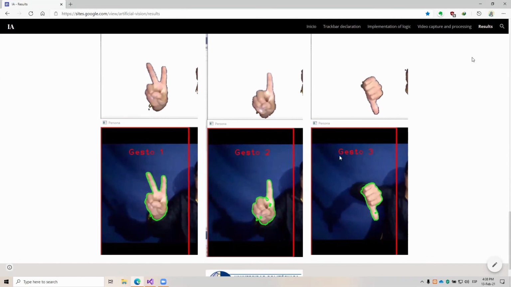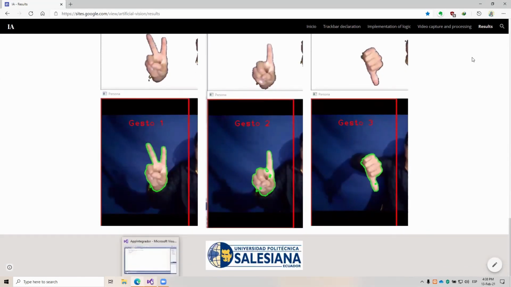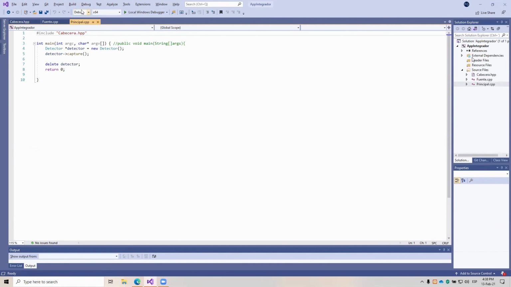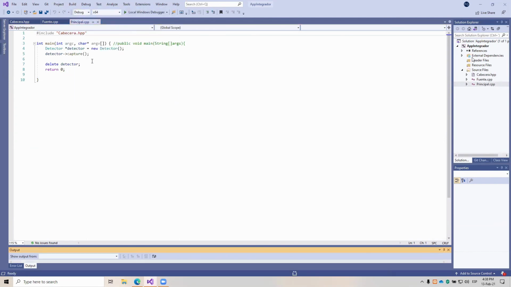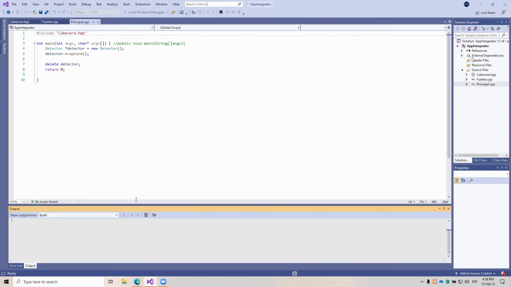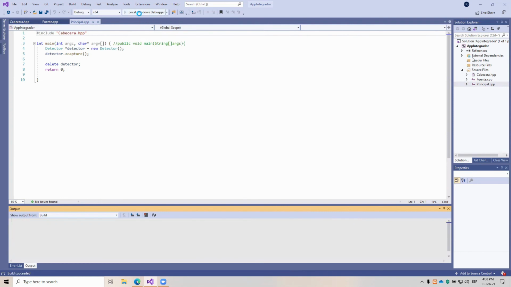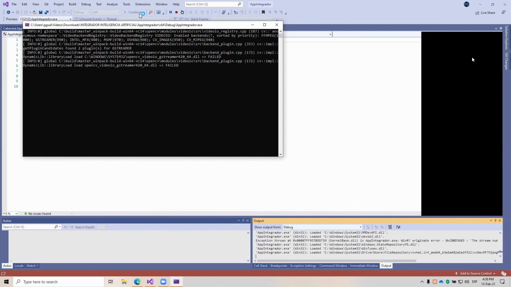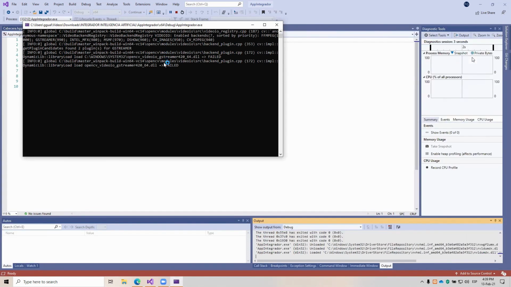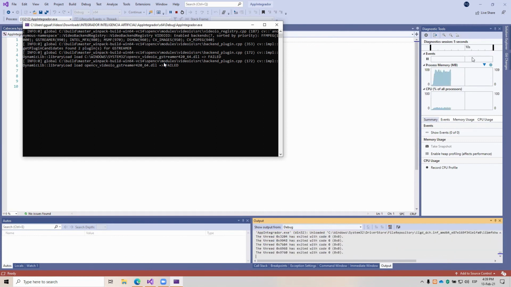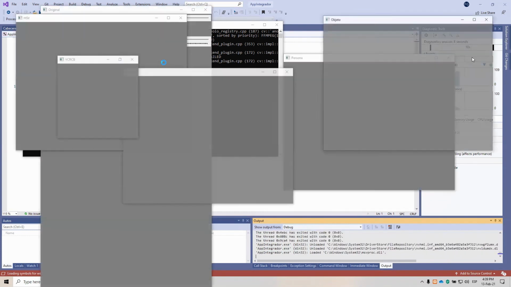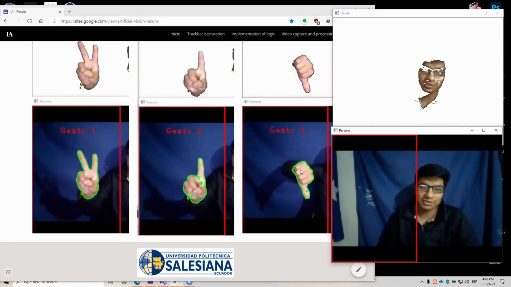Just 1, just 2, and just 3. And finally, I'm going to run the application and see the result. We build solution. And finally, local Windows debugger. Now I am going to explain the program and see the gesture. Here gesture